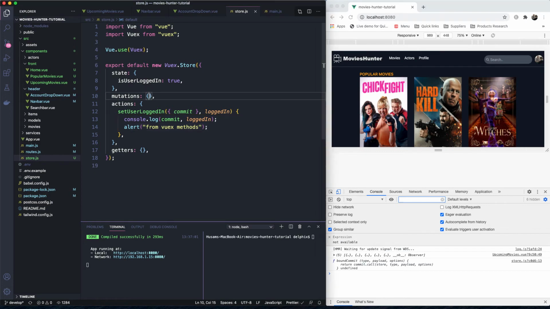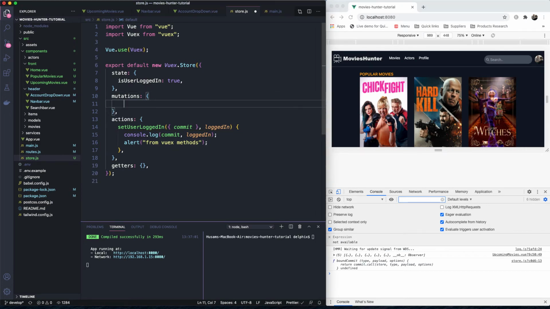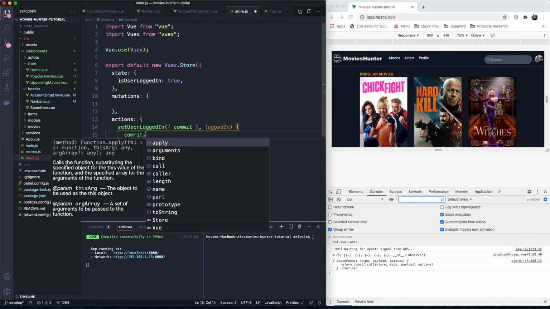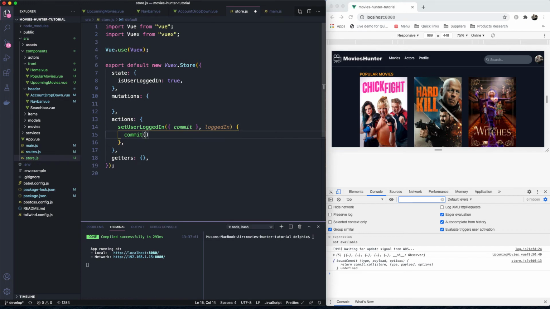For this reason we have the mutation, which runs synchronously, not async. The API call should be here, because this is async and await. Keep this in your mind. Let's go ahead now and change the state. I will use commit. It's very simple, just make a commit, and what you want to change is